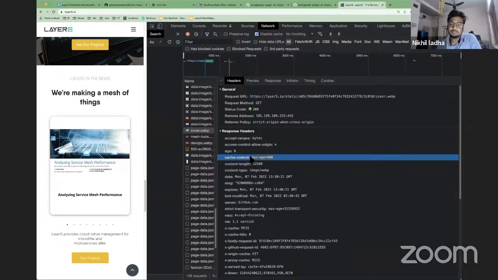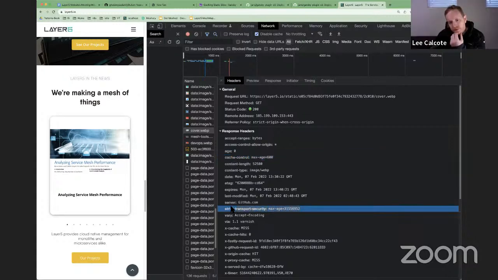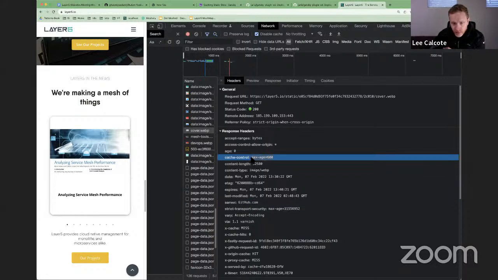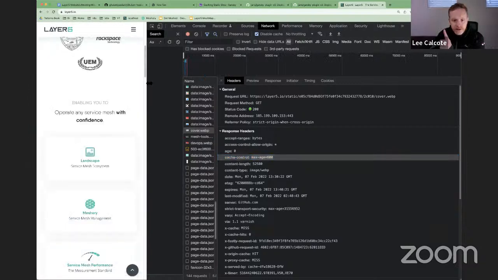Here's another one. Ooh, what's this? Oh, okay. So Amit, it looks like more to what you were saying, that there is a max age defined, at least using this static image as an example. And so yeah, bumping up that time from 10 minutes to something else, which is what you were saying. Yeah, that's right.